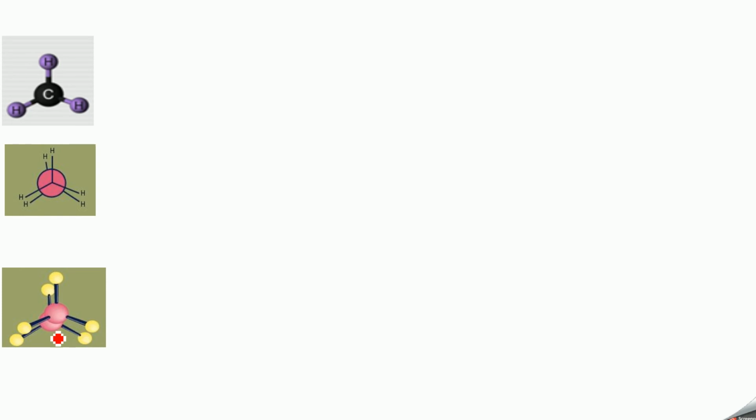So here this is the front carbon, this is the back carbon, these 2 hydrogens are very close to each other, and these 2 hydrogens, similarly these 2 hydrogens. So this is one model. Now what you can do is you fix the back carbon and rotate the front carbon slightly. What will happen? There is a change in the position of these 2 hydrogens. So there is a difference in the relative position of hydrogen.